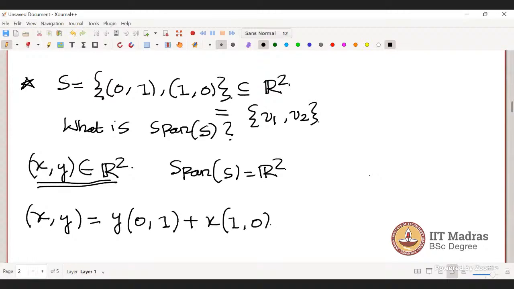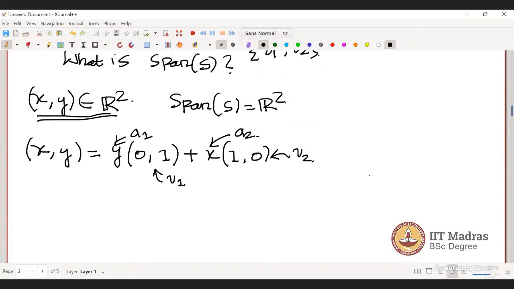As you can see, this is my V1, this is my V2, and this y is my A1, and this x is my A2. In particular, if I take some particular element, let's say (10, 7), then I can write (10, 7) as